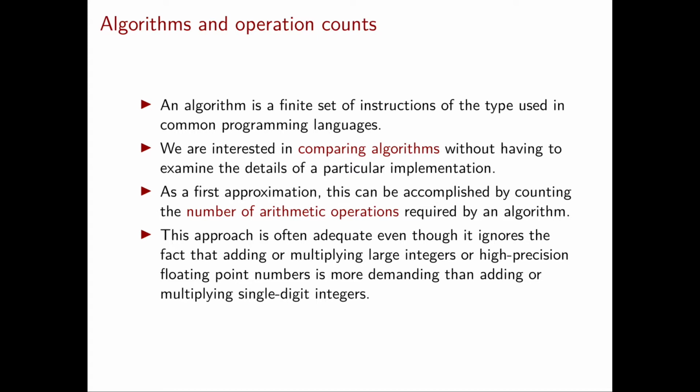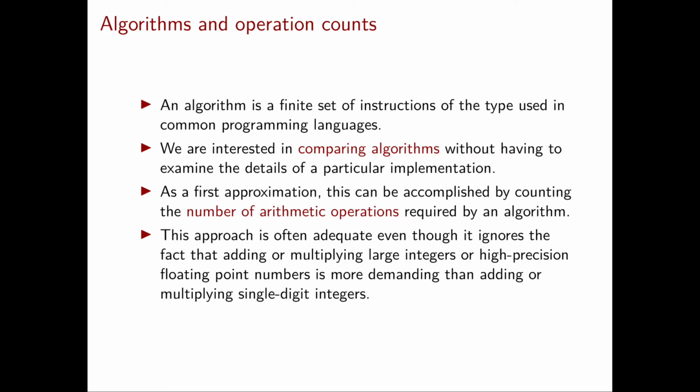However, we do this for two main reasons. The first is that it simplifies greatly our analysis. And the second reason is that even if we did consider the number of digits in each arithmetic operation, then the results would be essentially the same. Later on in the course, at the very end, we're gonna get back to this issue of the number of digits in our numbers, and we're gonna discuss this in much more detail.